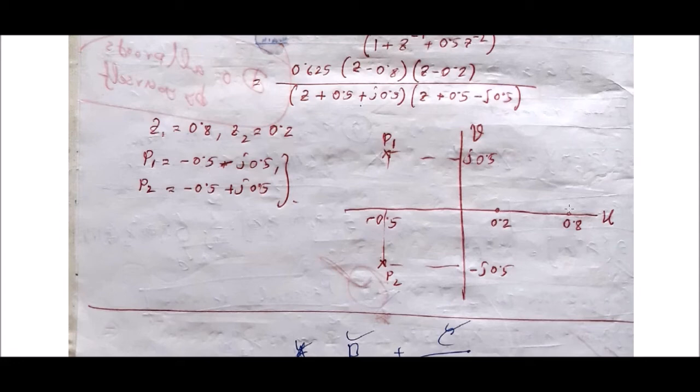It is z1, it is z2. Poles are p1 and p2. Say p1 should go in the minus real direction by 0.5, and after that again minus 0.5. This one should be p1, and for p2 go again minus 0.5 through the real axis here, and go in the positive direction plus 0.5, it should be p2 actually. Correct those accordingly. It should be p2, it should be p1.